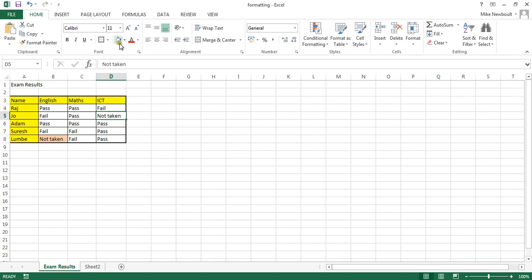You'll see that the line underneath has now gone pink. It remembers the last colour that we used, so we're going to click on that, and we have two pink "not takens". There is another way of doing this, and it's particularly effective if you've got more than just two